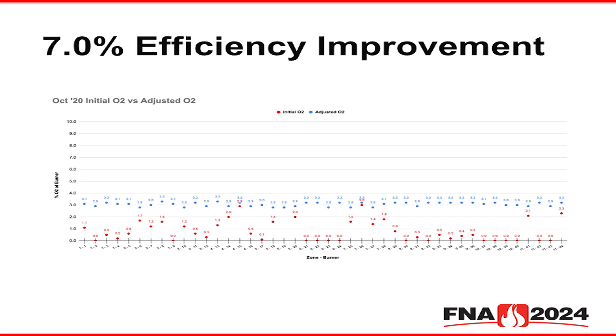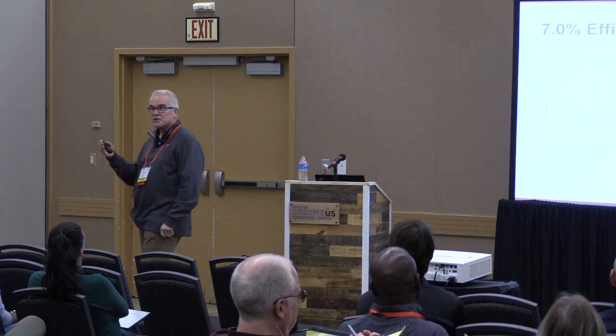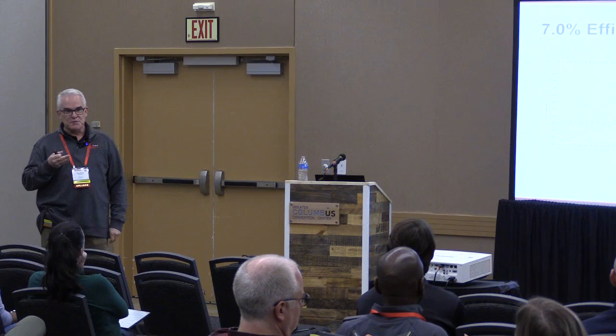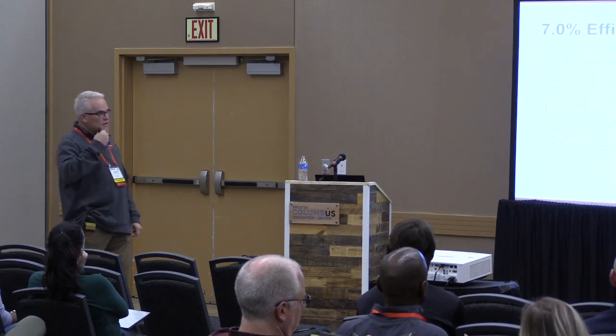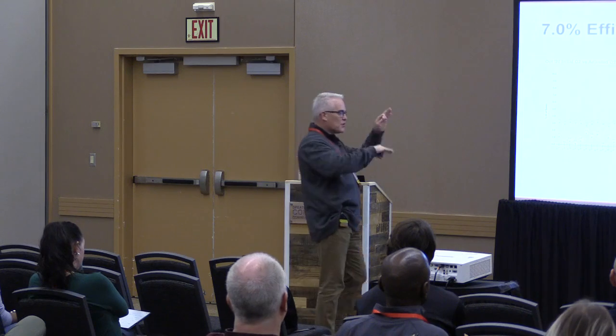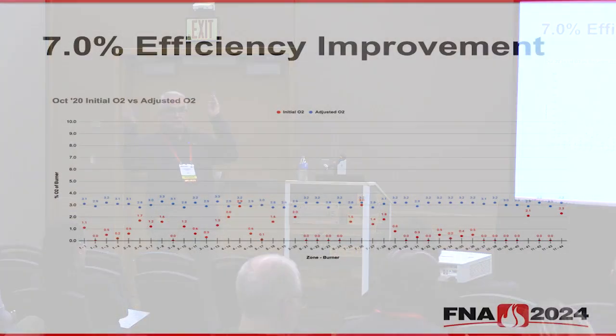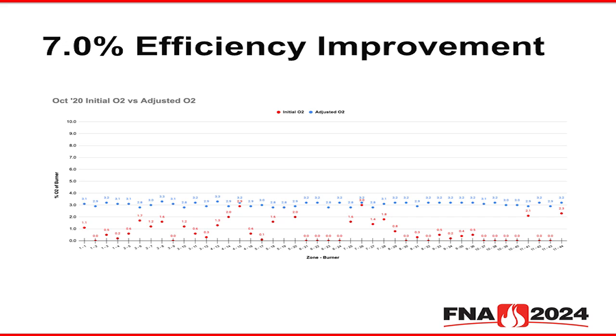A burner that's rich this time may be lean the next time. Might be rich. The point is it's very hard, I would say difficult to impossible, to actually predict what each burner is going to do. There are some people who would tell you that you can do predictive and know which burner's doing what over time. We haven't seen that. We've just seen burners going out of tune. And in this case, they were all rich. So we tuned them, everybody's blue again, 7% efficiency improvement, back in 6 months.